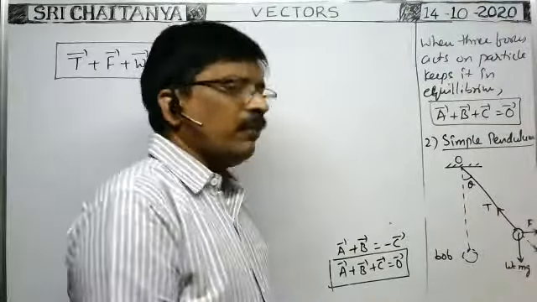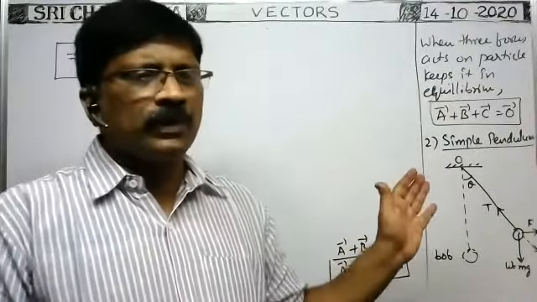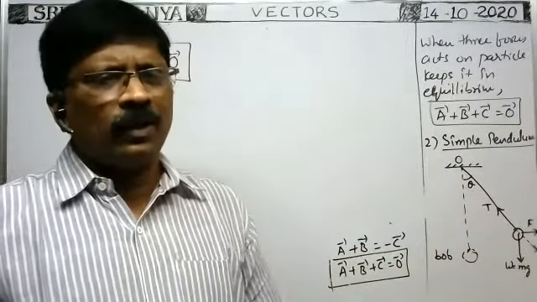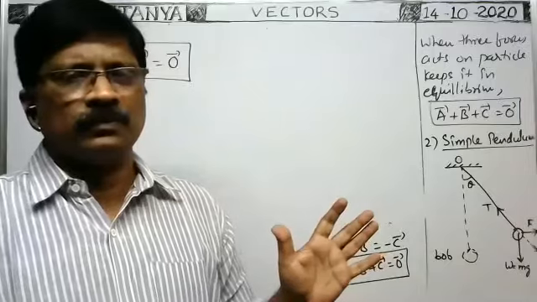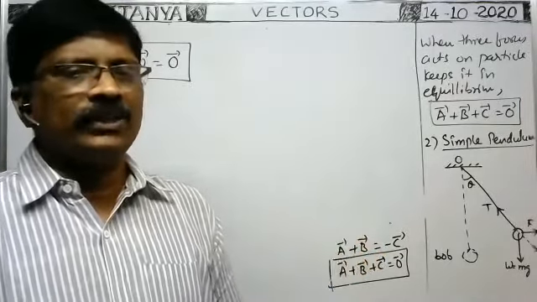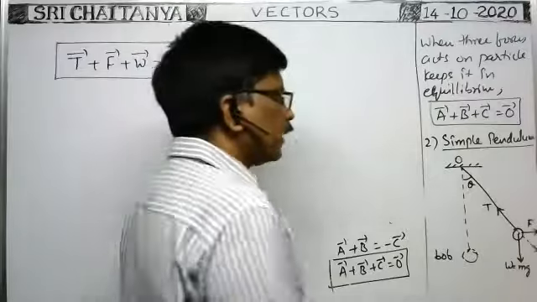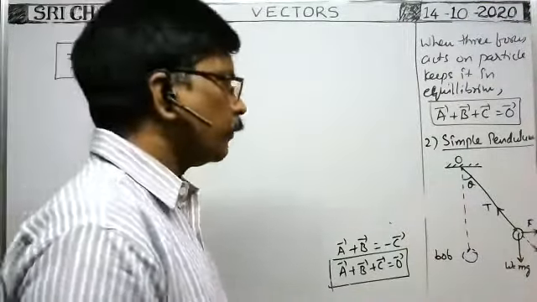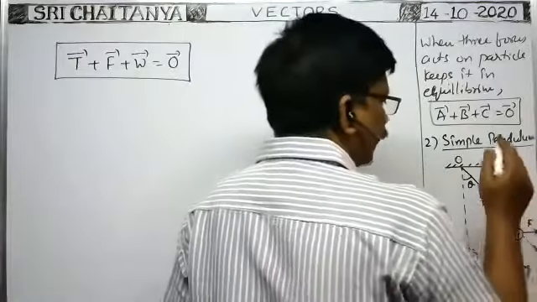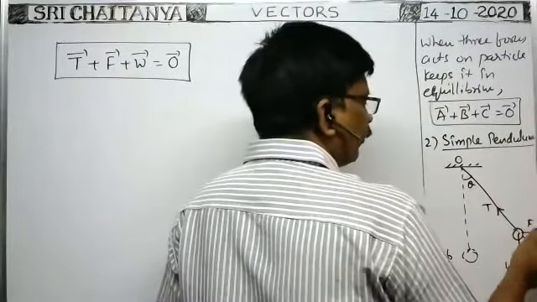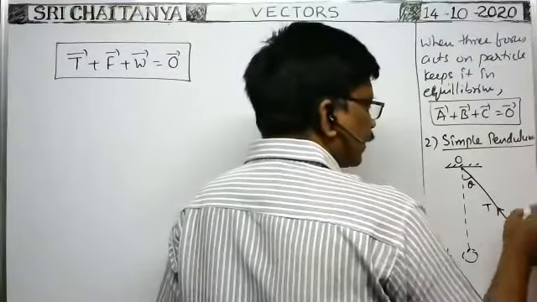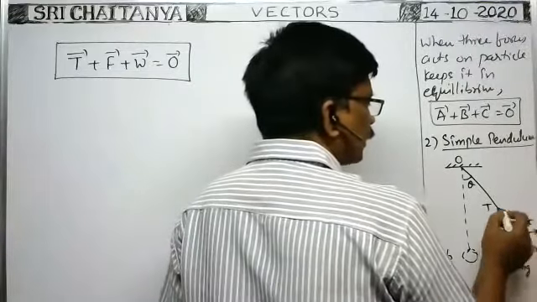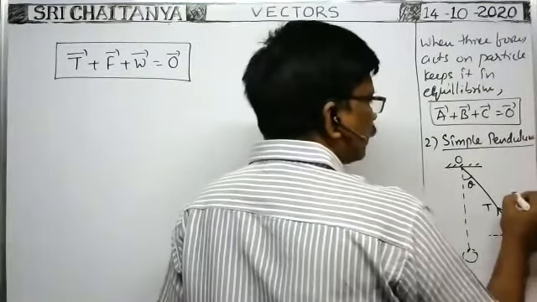Next, whenever the three forces act on a bob and keep the bob in equilibrium, along any direction the net force is 0. That's why here along the x-axis the net force is 0, along the y-axis also the net force is 0. Resolve these forces into components along the x and y-axis. Already F and mg are along the x-axis and y-axis, but tension is in between the x and y-axis. So we have to resolve this tension. It is horizontal and it is vertical.